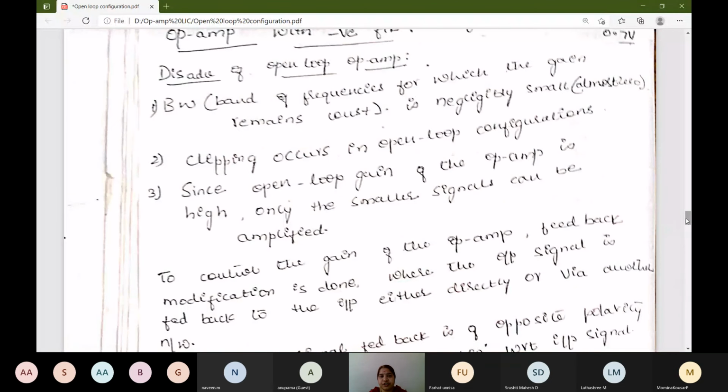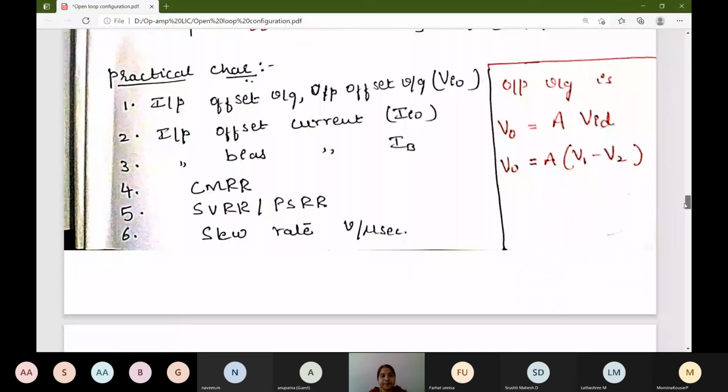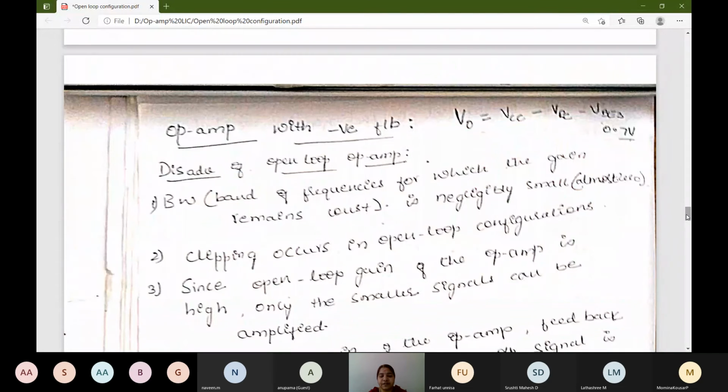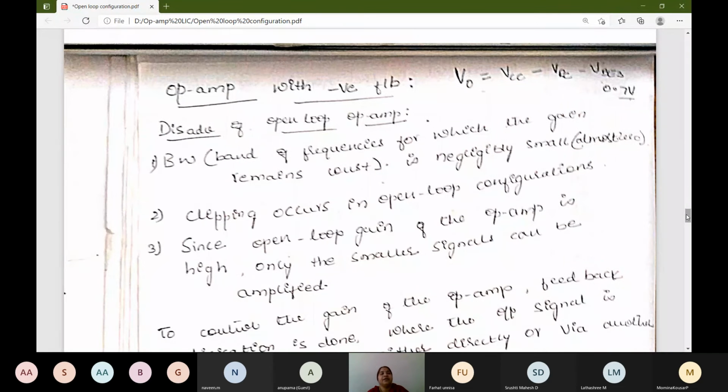After open loop configuration, next we'll move on to the op-amp with feedback. Till now, in open loop configuration, we have seen that it doesn't have any feedback. There is no feedback from the output to the input. Since without any feedback the gain is very high, the output is getting clipped off. We have shown that in the example also. For that, the solution they went with was to give negative feedback. Okay, the negative feedback was taken from the output to the input. Negative feedback means the feedback will be given to the inverting terminal, that is pin number 2.